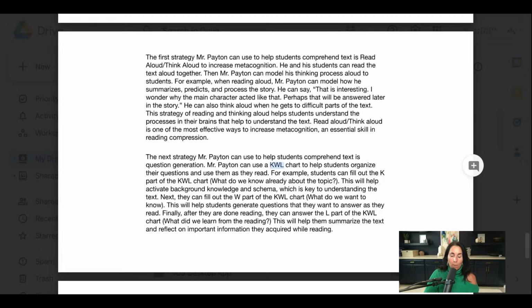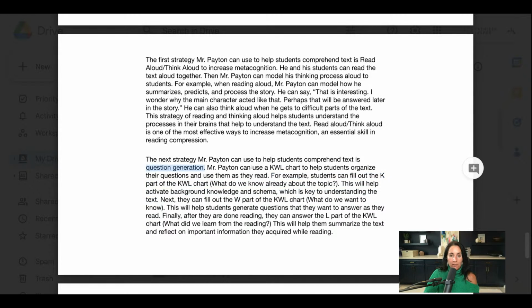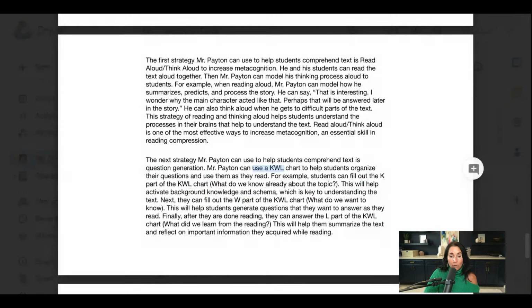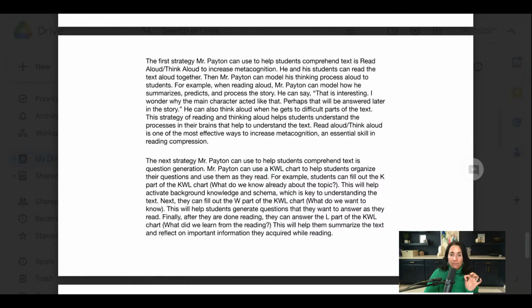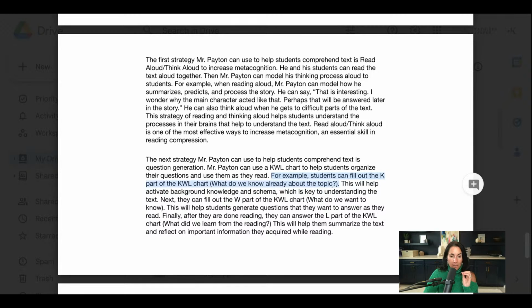What do you already know about what we are about to read? For example, students can fill out the K part of the KWL chart. What do we already know about a topic? This will activate background knowledge and schema, which is a key to understanding the text. So notice what I did there. I said he can use question generation, broad. Then I get more specific in a KWL chart, graphic organizer, a little bit more specific. And then I get very specific, for example,